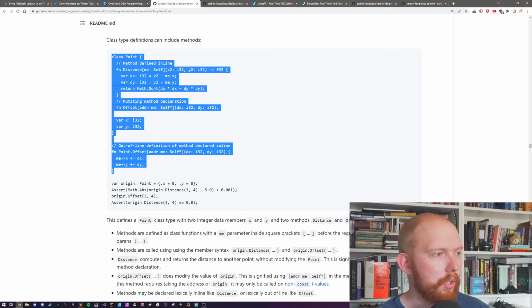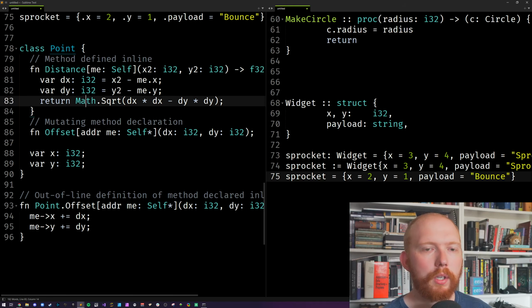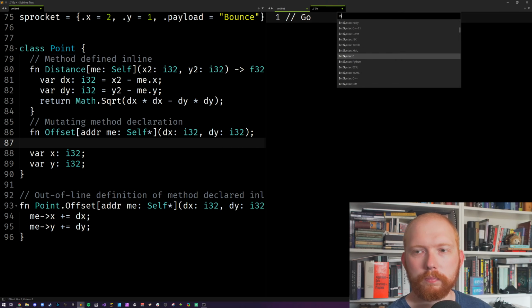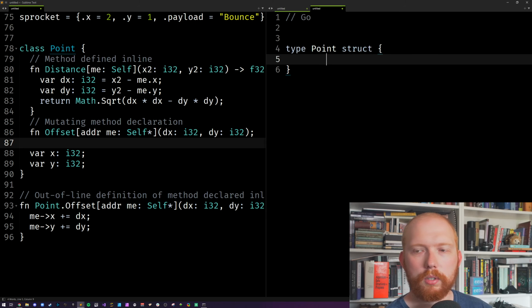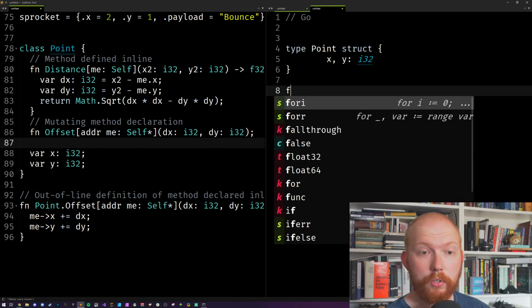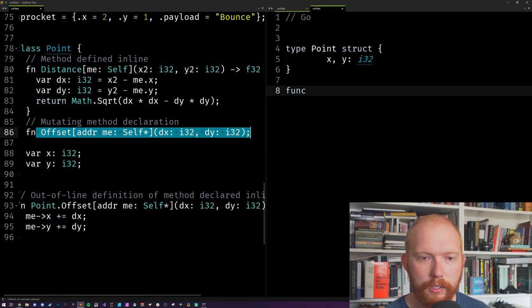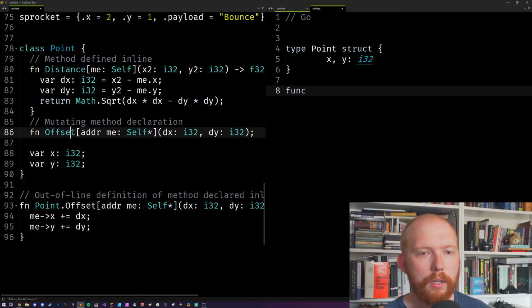Okay. Methods. One thing that's interesting here, this is very similar to Go in some ways. So I'm going to just show you what they've written. I'm going to delete it straight after because there's no Odin equivalent. But this is, and I'm just going to do another one here. So this is Go now. They've got a point. So in Go, you would go type Point struct x, y int32, like so. And then you would have to define your functions separately, your methods separately, which is what this thing is doing here. They pre-declare it. They have to, for some reason, pre-declare it. And then you can define it elsewhere.